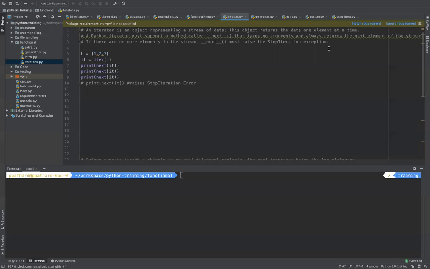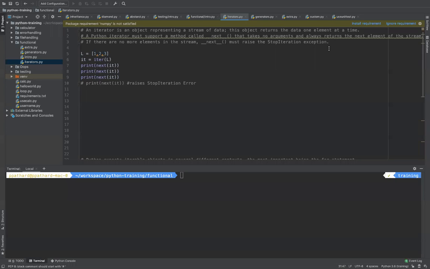What it returns is only one element at a time. When you actually call it, it will only give you one item at a time rather than giving you the whole list at a time. So you will save a lot of memory in the RAM.